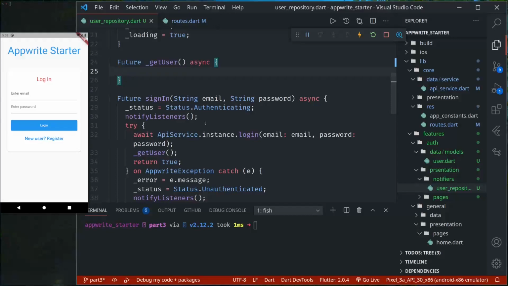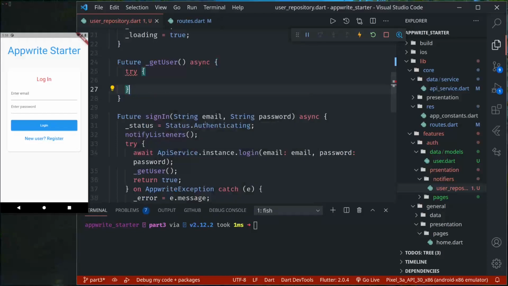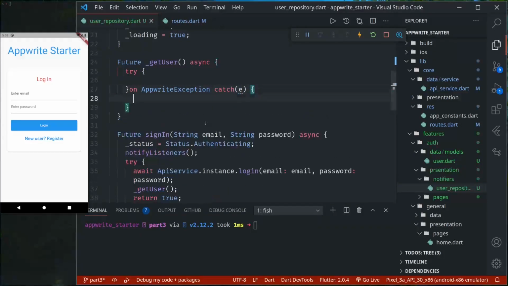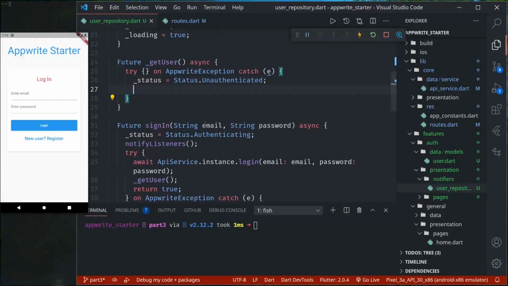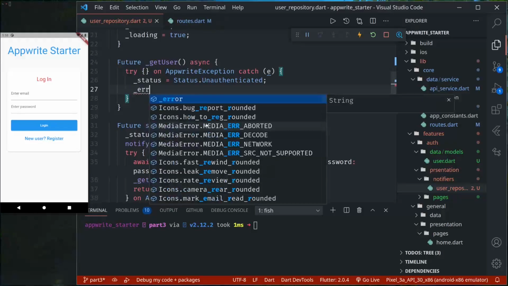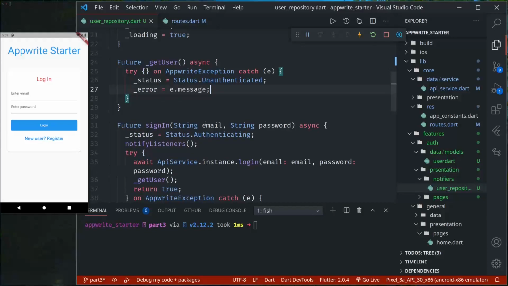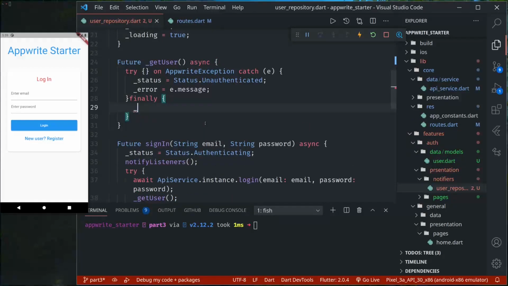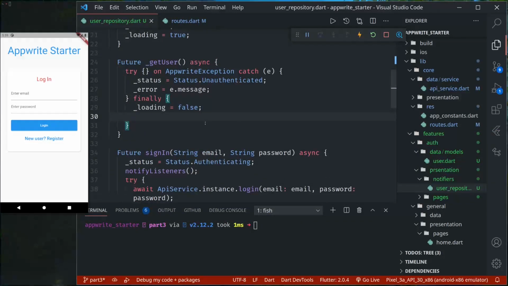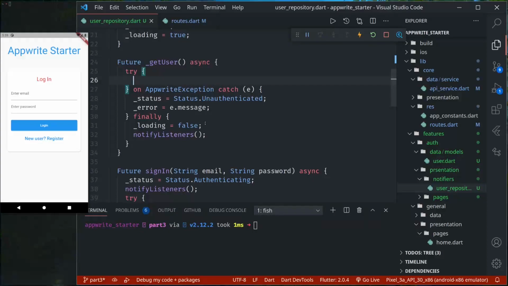Okay, and we can use a similar thing. Try, catch AppwriteException, patch p, status unauthenticated, message, and here finally we can say loading false, notify listeners. In the try, we'll call